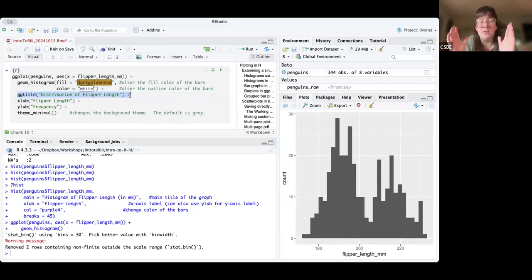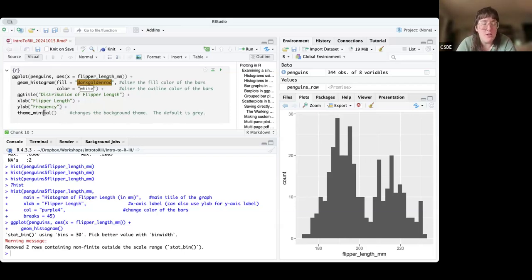ggtitle is a function that allows you to set the main title. Notice that the existing plot we're looking at doesn't have one. There's also a nice argument to this, which is subtitle, which will allow you to specify a subtitle, and then ggplot takes care of the business of making sure that the subtitle is in a smaller font, but directly under the title. And then the xlab and ylab functions here I'm using to change the X label and the Y label. And then this background color here, the gray grid, this is the default ggplot theme. And so theme is the general ggplot term for the overall aesthetic of the plot. There's all sorts of themes that you can choose that have different settings. And then of course there is a simple theme function. I say simple, it's actually quite complicated to use, but ostensibly you could hard code everything you want about your